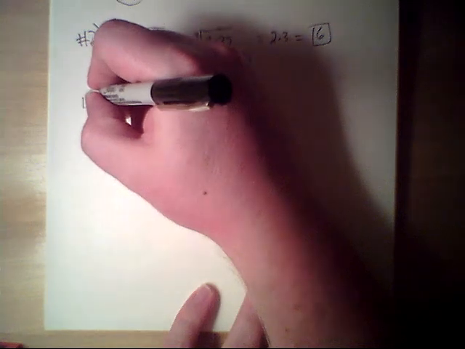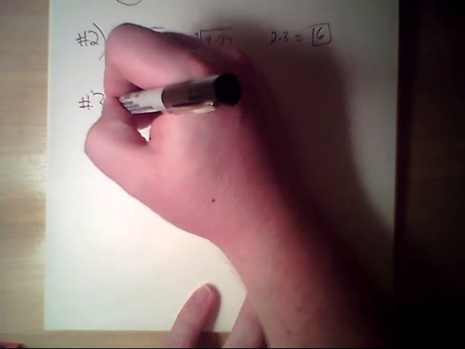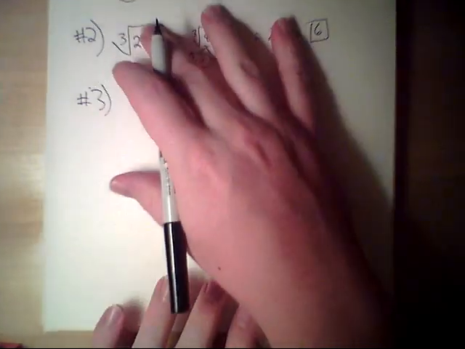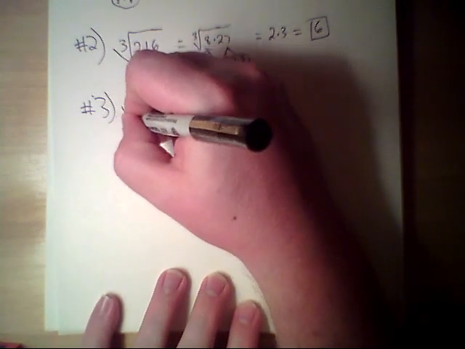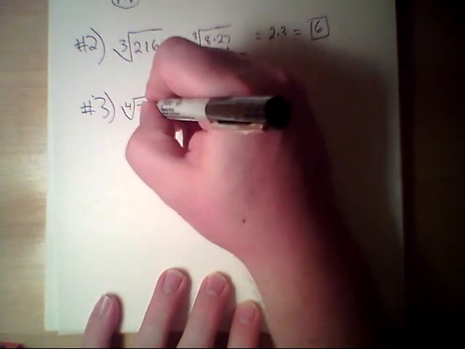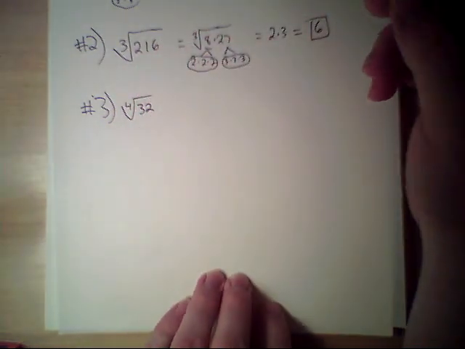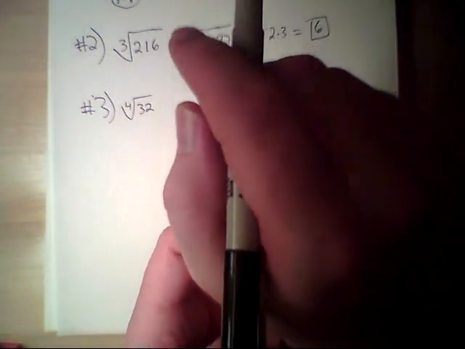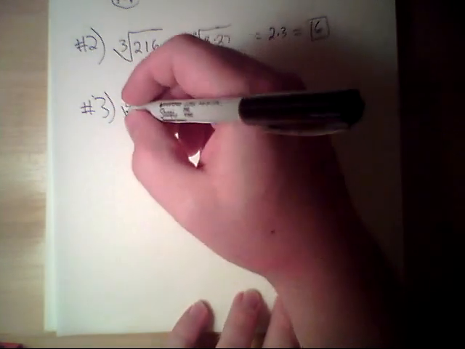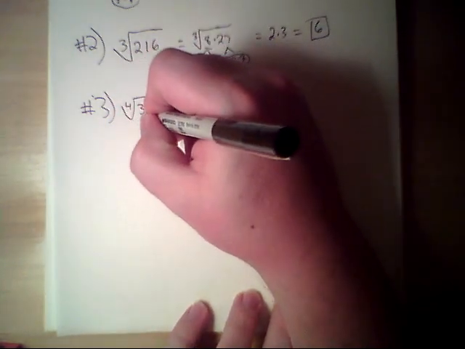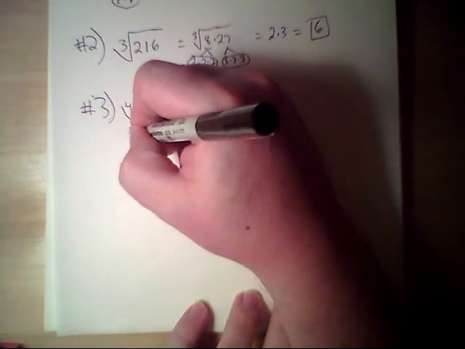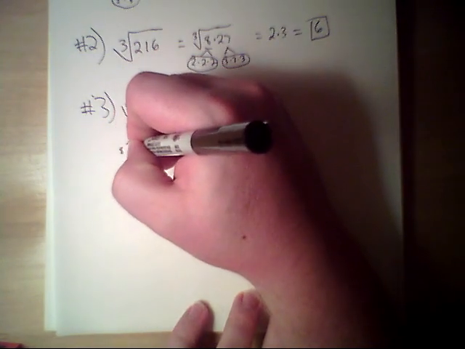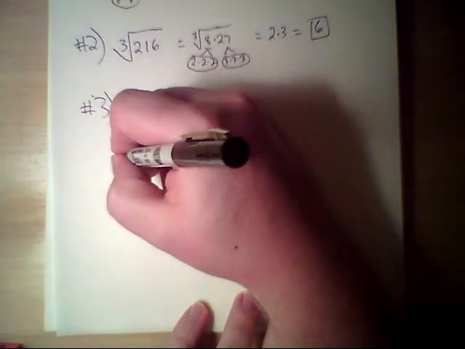All right, number 3. We have the fourth root of 32. Now, you're not going to get to the point where you can memorize fourth roots very easily, but this looks like we can divide it by 2 several times, right? So let's just kind of break that down. 32 is the same as 16 times 2, and 16 is the same as 8 times 2. Then 8 is the